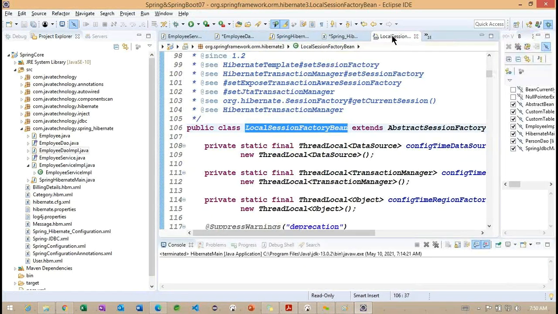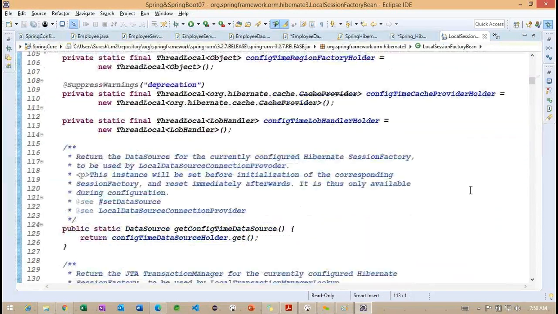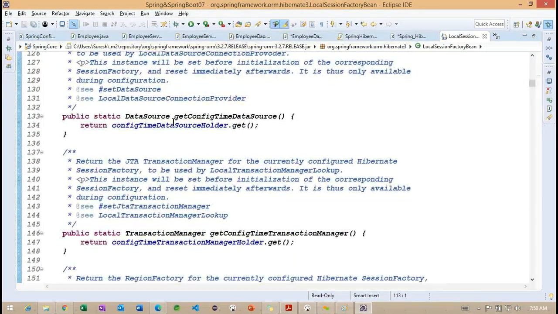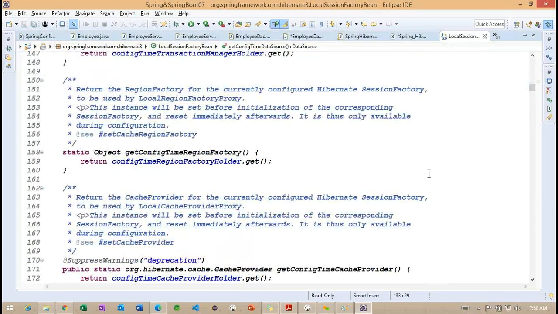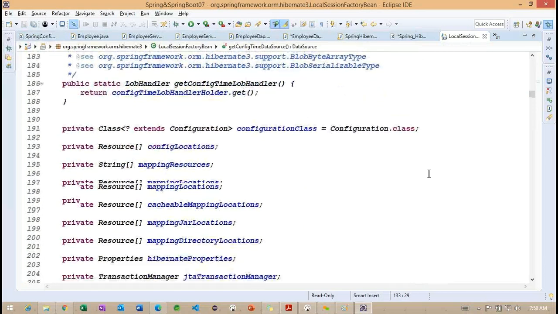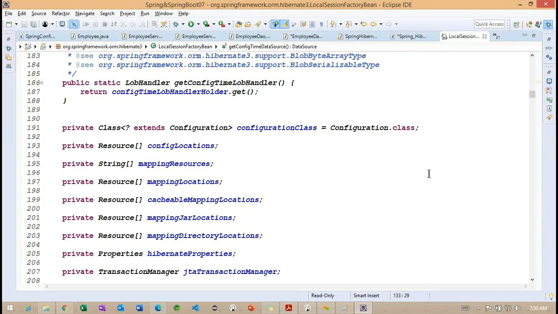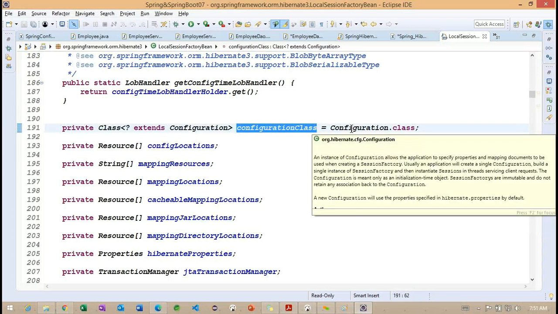So I want to open this particular LocalSessionFactoryBean one more time. Carefully observe here. We need to focus again on the constructor properties information. Now you can see first one here is data source. Getting the point. So now you can see internally it is loading the configuration class.